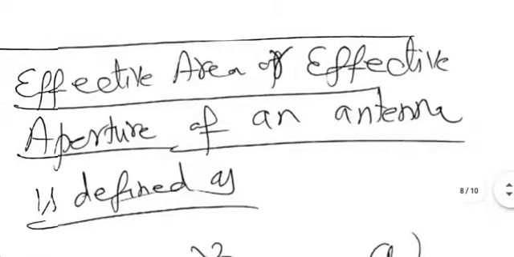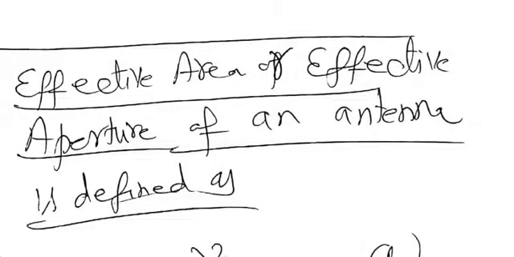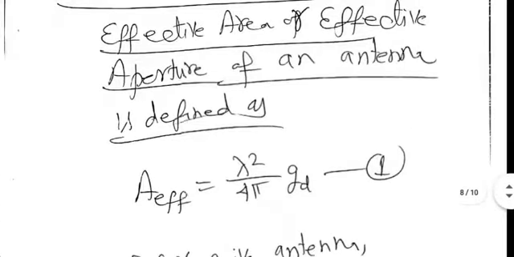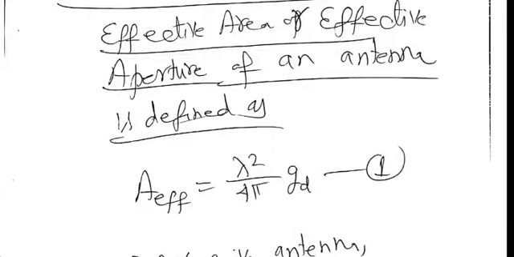Effective area, also known as effective aperture, basically tells you how effective the antenna is in terms of capturing incoming signal. This concept is more applied to receiving antennas than to transmit antennas. But again, it is probably not a bad idea to apply it to either of them. Effective area, without bothering you too much, is related to directive gain by equation 1. There's a proof for it. Not doing it today for sure.